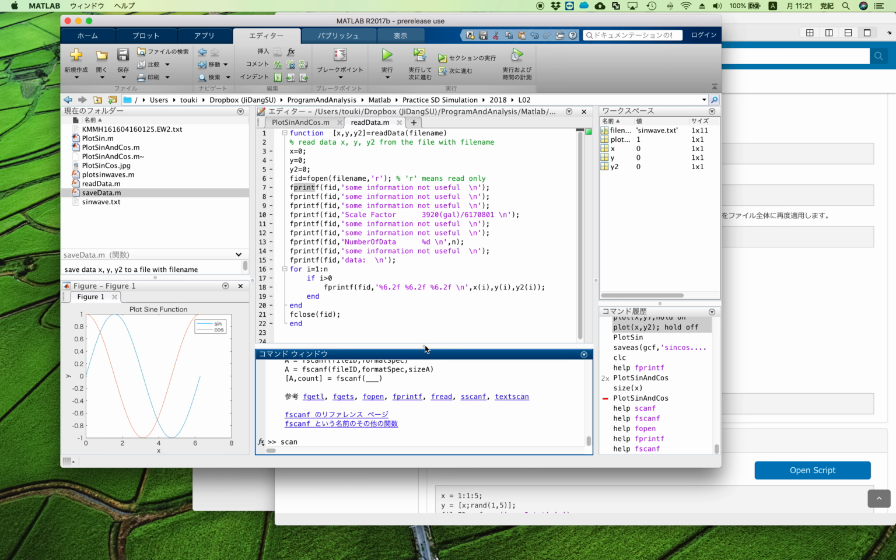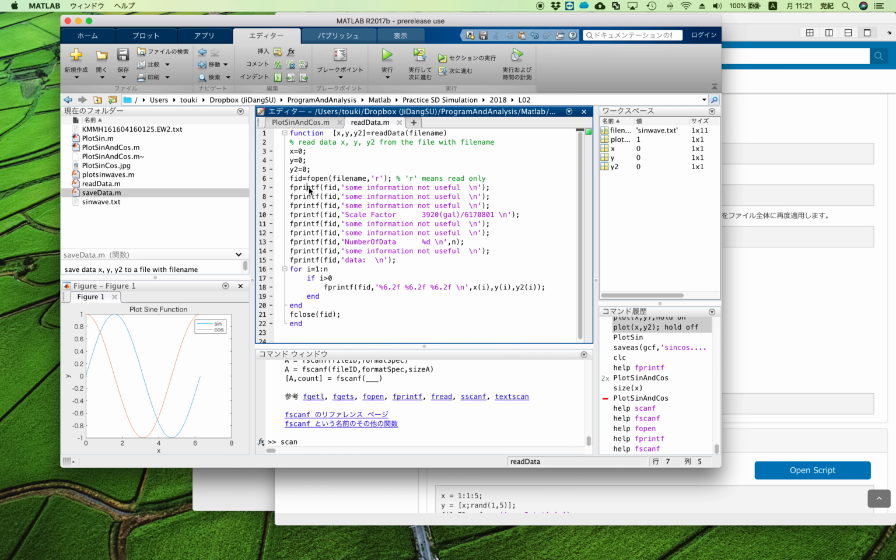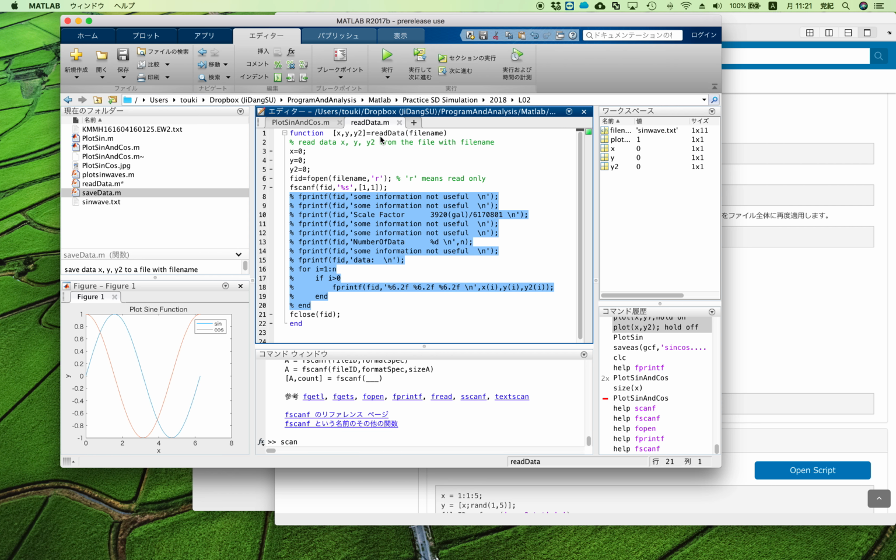I will use my editor to edit fscanf, fid, with the format. Here I will firstly read a string and see what's happening, with a size of 1, single size. Other things I don't need right now, so I just comment them out, and I will directly copy this file